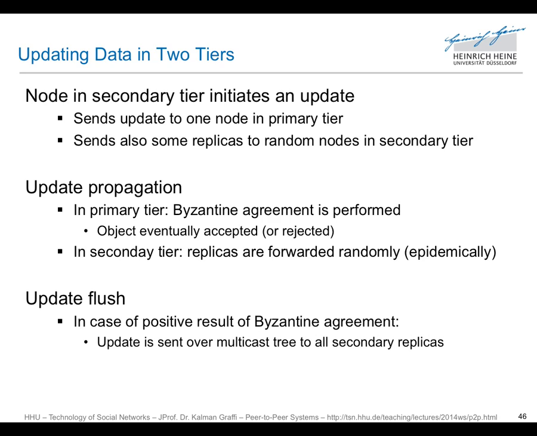Okay, I think that was the point that I went over a little bit too hastily. So the node starts replicating without waiting for the result, and this is done by sending it unstructuredly around, just on a probability basis. And once it is accepted, then we have this update flush, where the result is pushed to all nodes and they can replicate it. Okay, then the question is,